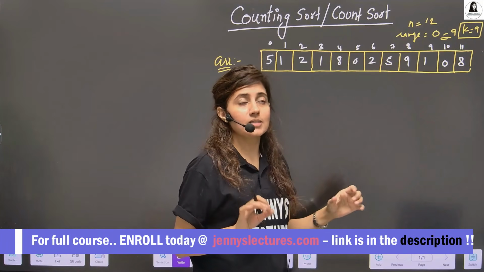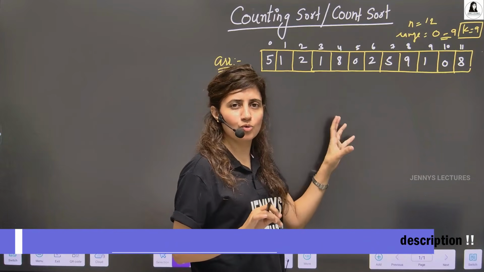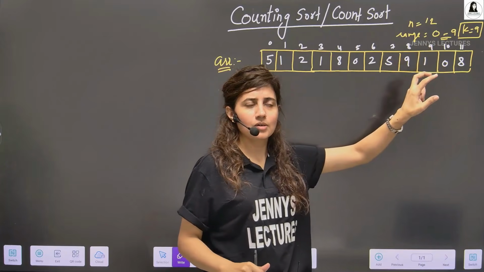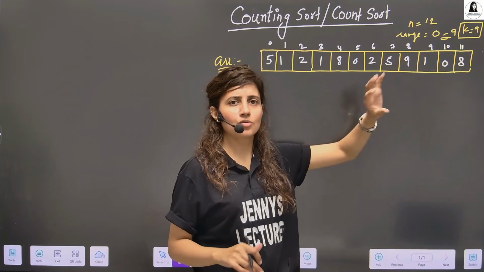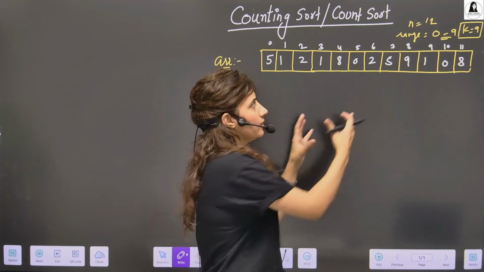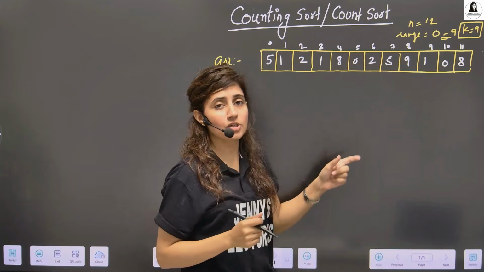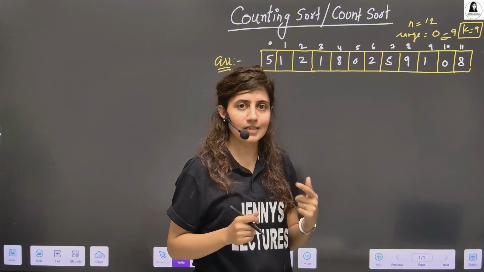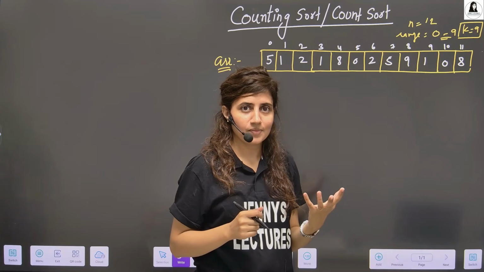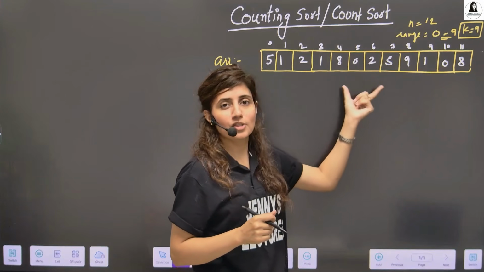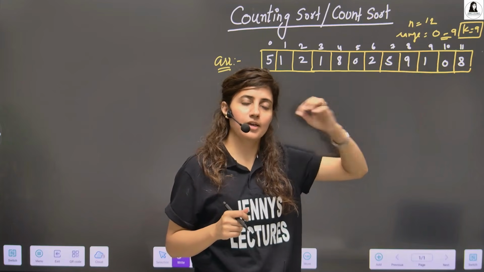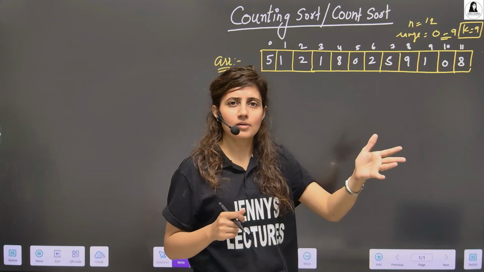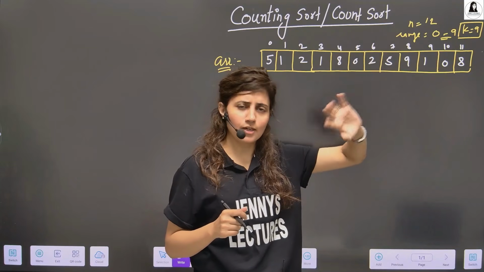So count sort is applicable on those problem statements where elements are in a short range. It's like from 0 to 9, 0 to 10, 0 to 15 or something like this, but it should be proportionate to n. Maybe the range is 0 to 50,000, then there will be a problematic situation, and n, our number of elements, is not that large. Like the number of elements is not 50,000, it is maybe 10, 15, 20 or 100, but the range is from 0 to 50,000. I'll show you that example also.